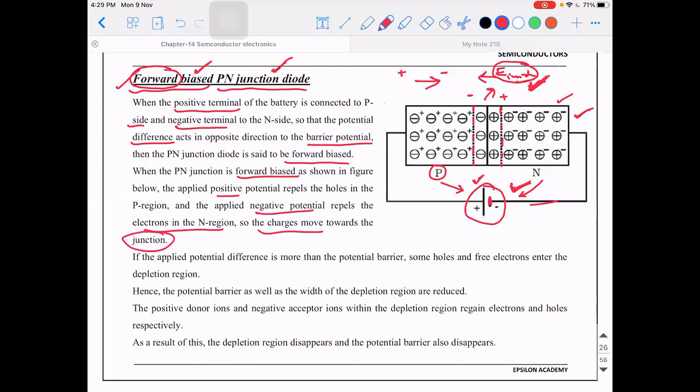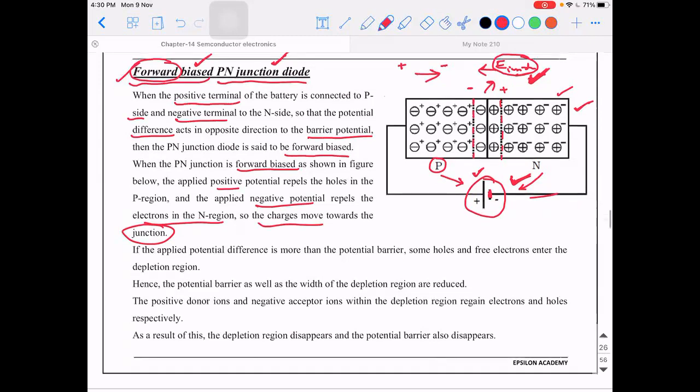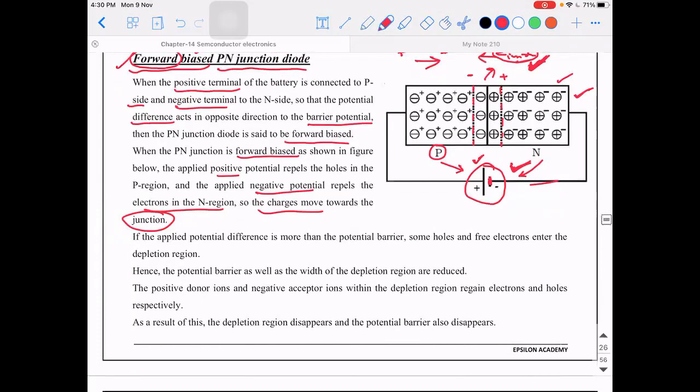Okay. Let's say you have a variable potential source in your hand, you can change the potential from 0 to 1, 1 to 2 like that. If you are able to increase the potential, that is how you do the experiment also in the lab. You'll have a knob. You'll rotate that knob. When you rotate that knob, you can observe after a certain point that the current in the particular PN junction diode will increase.